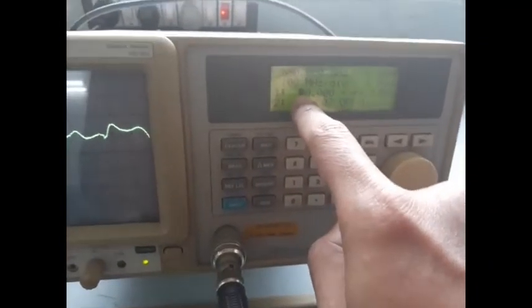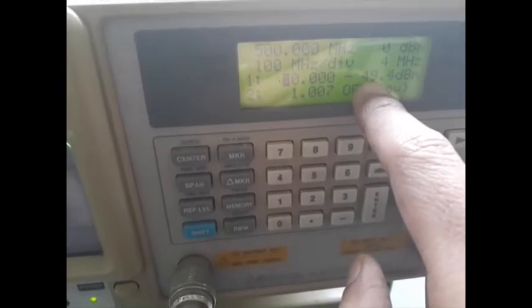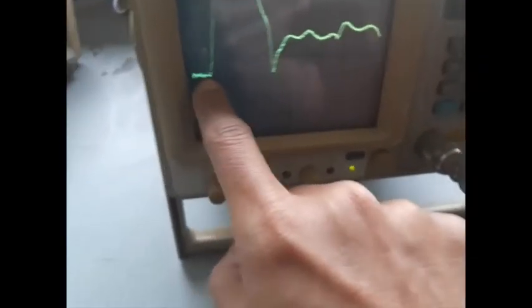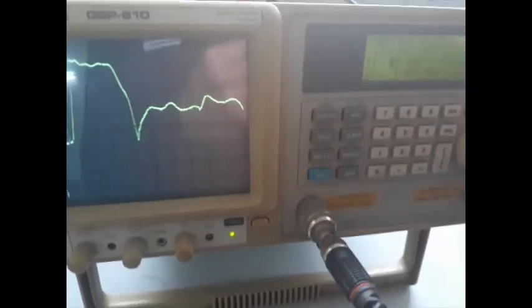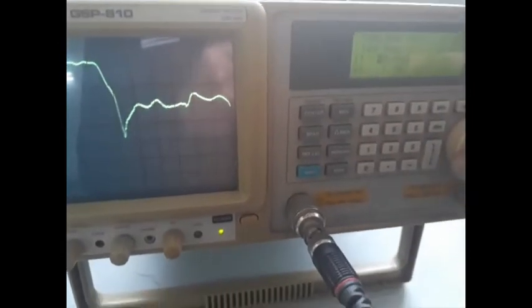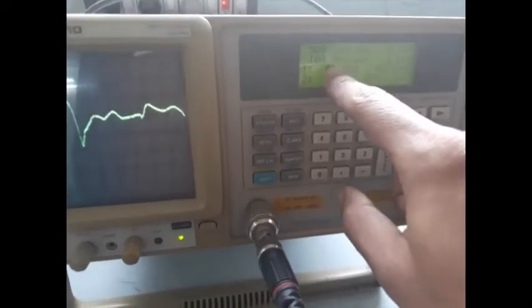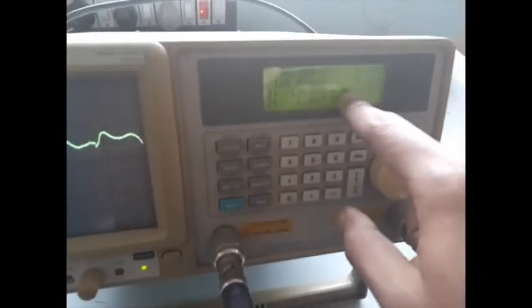Corresponding frequency is 60 megahertz, corresponding power is this. Okay, it is fluctuating because here we have the noise. Okay, so in this way you just rotate this starting from say 20 megahertz. It is sufficient to draw the response from 20 megahertz. Then you take corresponding frequency, then you rotate this dial, make it 40 megahertz, take the reading, you make it 60 megahertz, you take the reading, and so on.